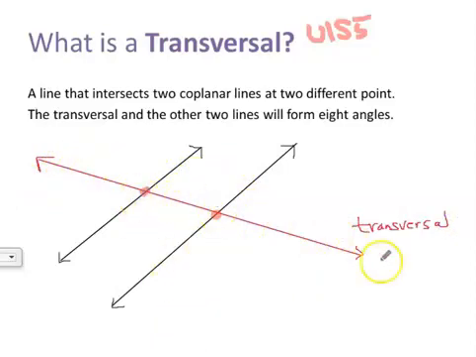And when I drew in that transversal, I created 8 different angles. Let's find those angles. Here's one angle, so from here to here, that's one angle. Here's another one, angle 2. Here's another angle, angle 3. Here's another one, 4. You get the idea, 5, 6, 7, 8. So when we have a transversal that intersects 2 lines, we create 8 different angles. And we're going to talk about some patterns that occur between some of the angle pairs. But before we do that,